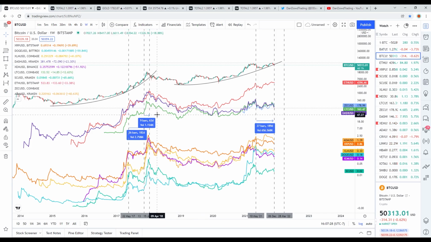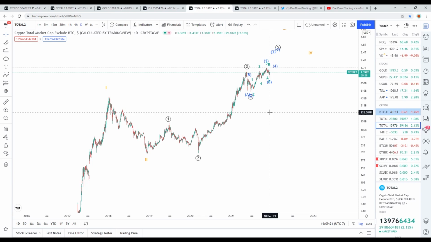And that was a huge moment for the altcoins in the 2017 bull run. They went on their huge parabolic rallies after that 180-day consolidation in just 2 months. So now we are seeing the same 190-day this time consolidation, still the same time period basically. Now I'm going to be going over my Elliott Wave count on the total altcoin market cap,